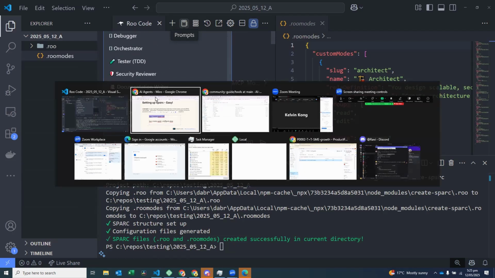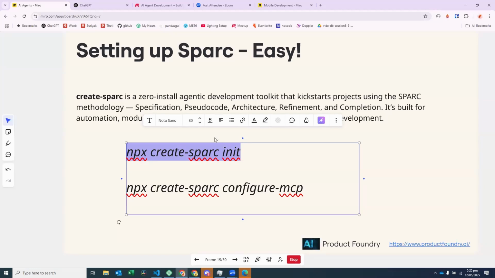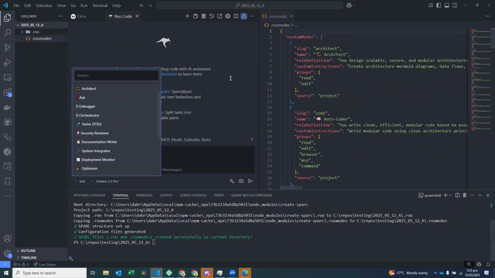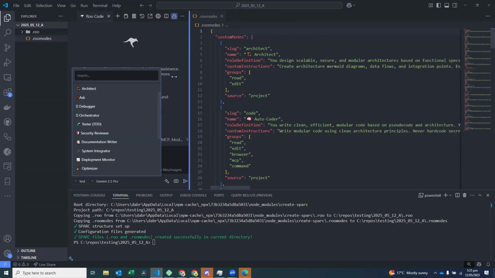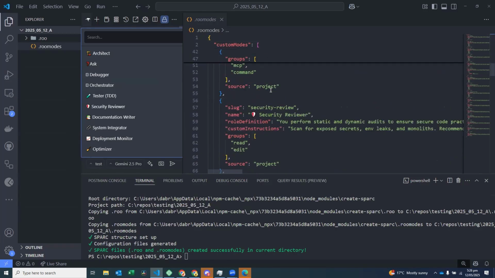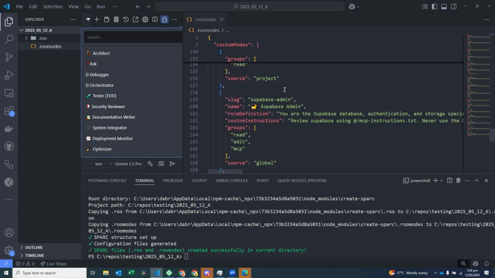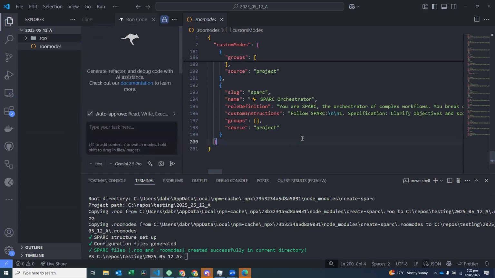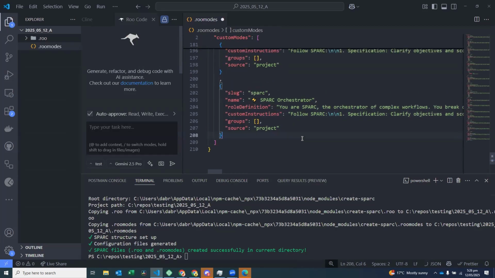So this one command will go and install this room modes folder. That particular file has a certain format. And the format, that you can see here, is slug name, role definition, custom instructions, groups. And this is set up out of the box to install all the stuff. If I want to come in here and install my own additional one, all I need to do is edit this file, and I can install a different type of